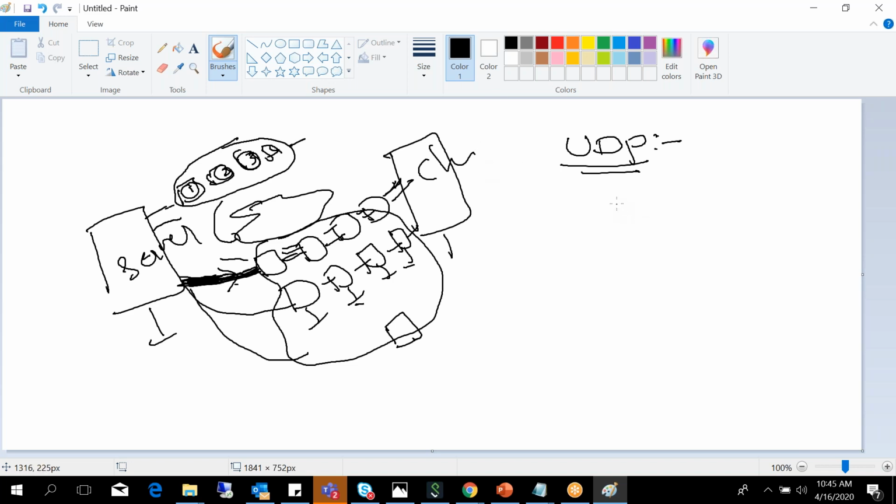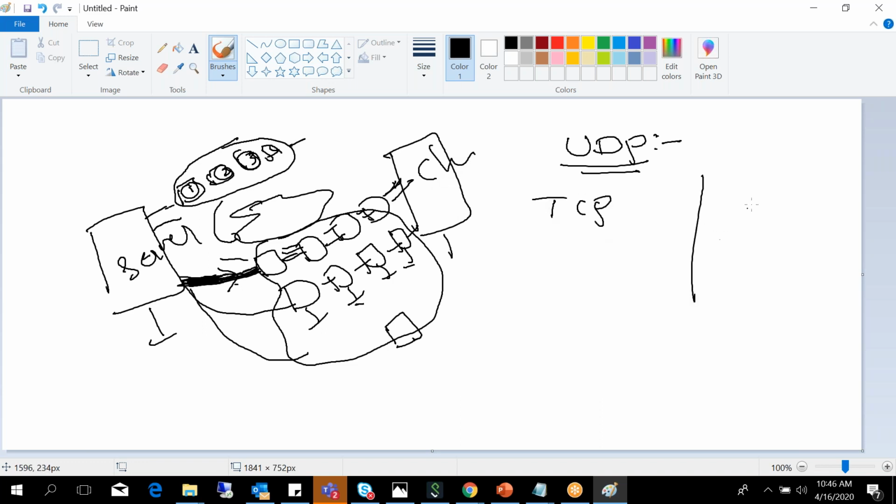There will be an acknowledgement, so you will be transmitting the data properly. Let's say I'm sending "hey hello how are you". In the network, if some of the packets drop, say the "how are you" packet is dropping, that means the data is missing. Then what does the Transmission Control Protocol do? It will retransmit it, saying that I have not received this packet. So retransmission is possible.